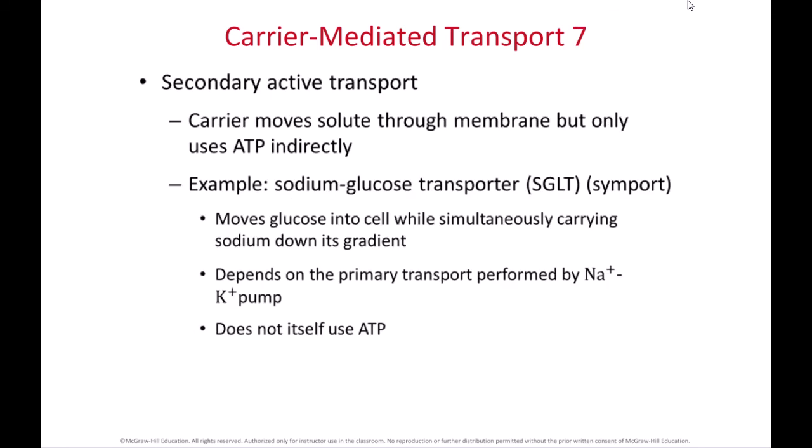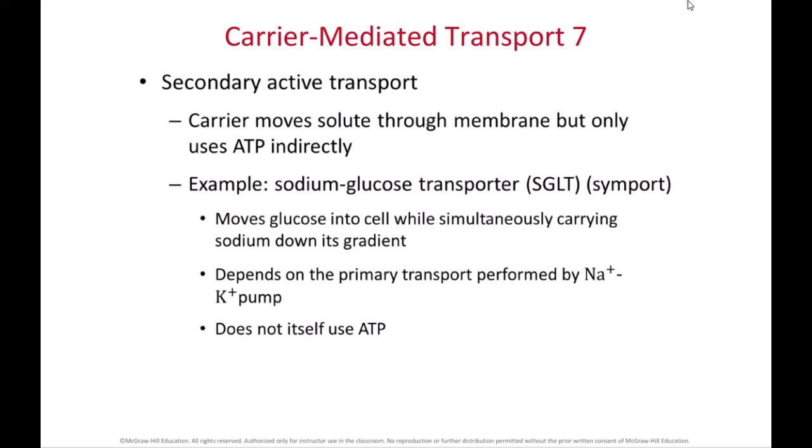We also have secondary active transport. These secondary active transport molecules aren't going to use ATP directly, but instead use ATP indirectly. They'll use ATP indirectly by having that ion gradient. They'll build up a concentration gradient with the ATP, and then once they've used that ATP to build up the concentration gradient of sodium or potassium or whatever your favorite ion is, that concentration gradient of your favorite ion can then be used to move something else against its